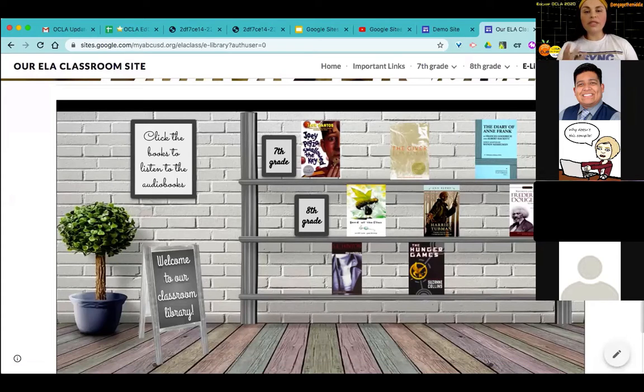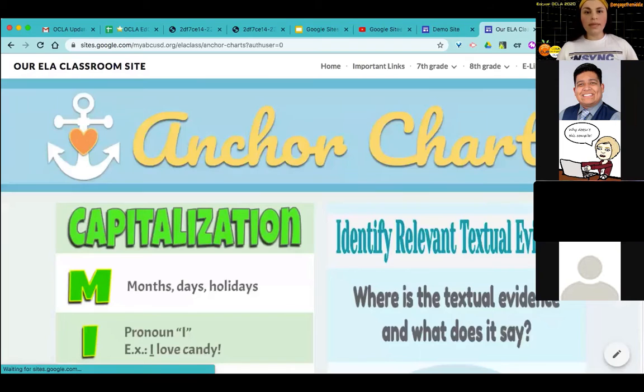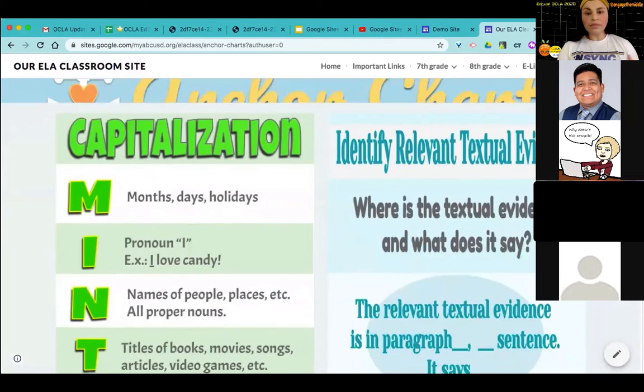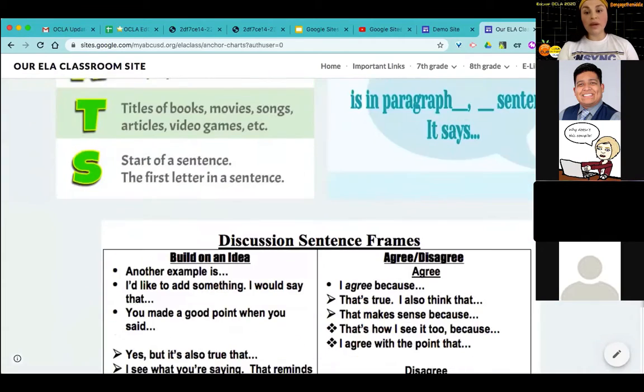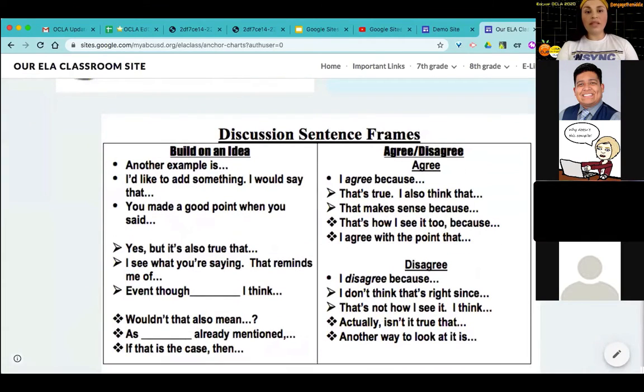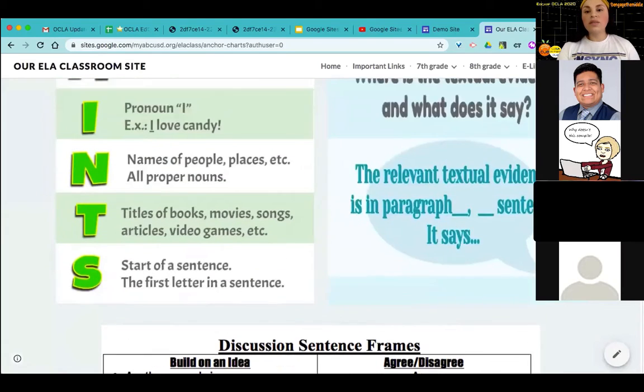And then the anchor charts, basically anything that I would hang on the walls in my classroom would be under the anchor chart section. And I can add more anchor charts as we go. And the same thing, right? So instead of sending them all these links to all these anchor charts, I can just send them this main link and then they can go ahead and look at those anchor charts there. So let me just go over